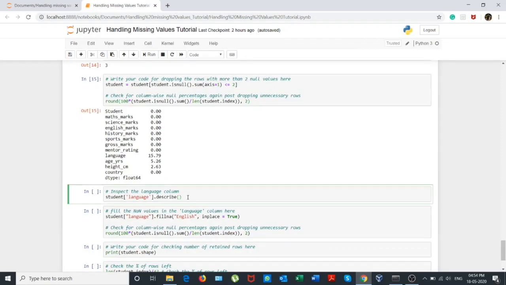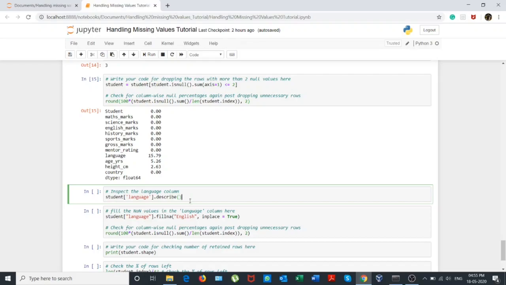Now moving forward, we will come to the part where we want to understand how we can take care of null values in the columns which don't have numerical values, which have categorical values. Suppose the language column, in which we have the language spoken by the students.